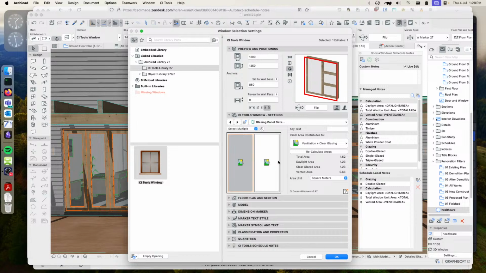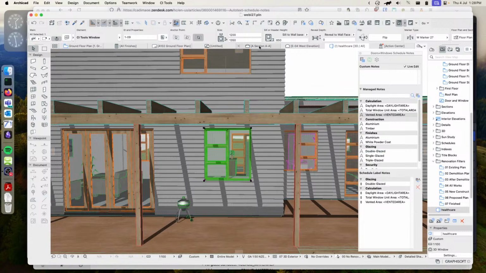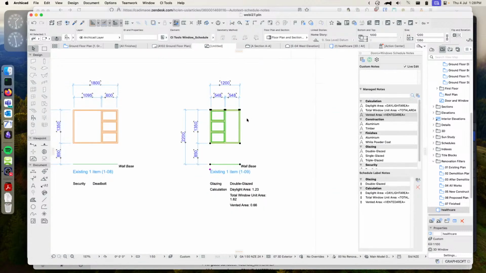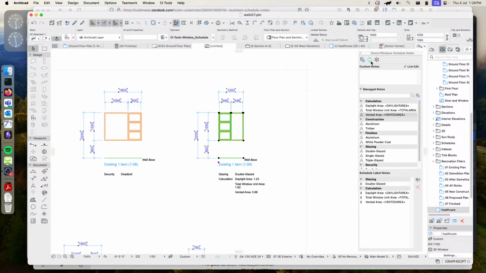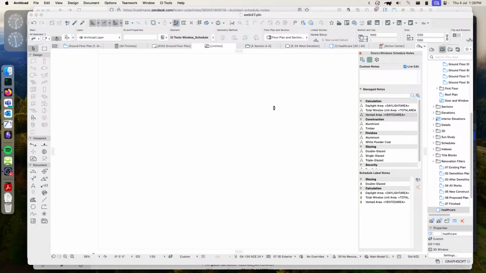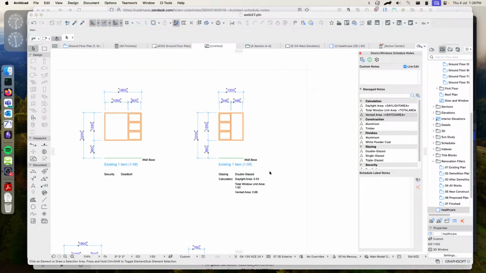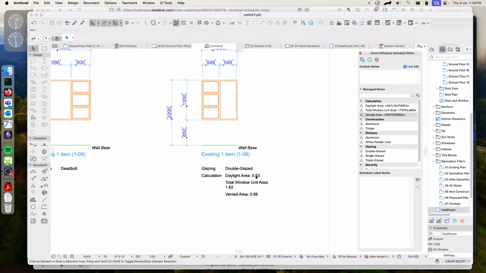Oh, because I'm showing the daylight area, which I didn't actually change. Let's take them out of that. So we'll go none there, and then that will definitely do the trick. All right. Okay, so now our daylight area has dropped down to very little indeed, but our total window area has stayed